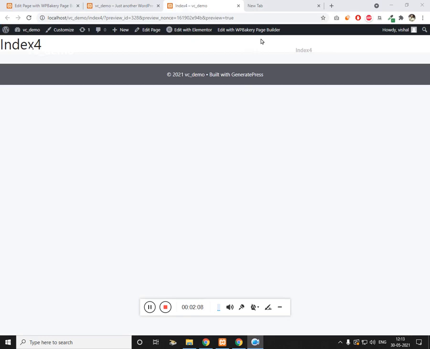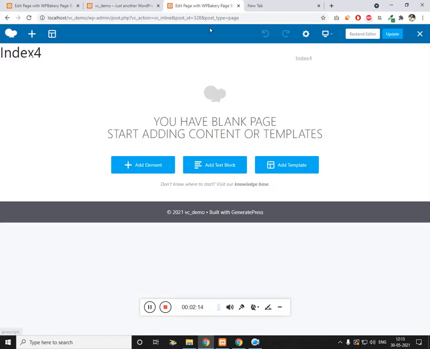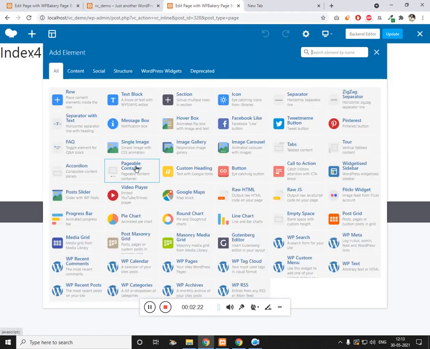So if you click on this link, and not to forget, we are using a WordPress theme, and along with that we have our WP Bakery plugin. I'm using it. I have mentioned the theme and plugin, so you can get them from the internet. So let's create an element first. This is going to be a row,